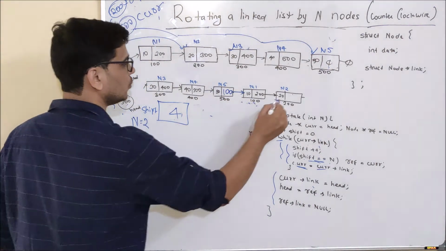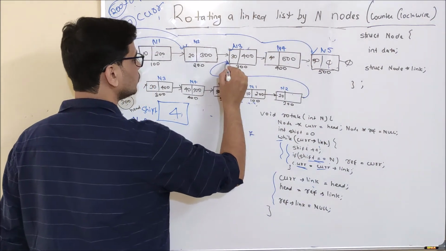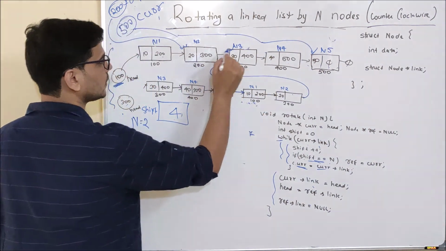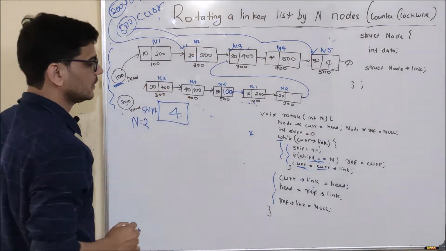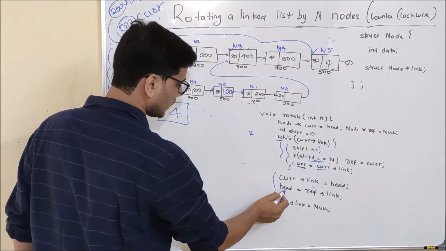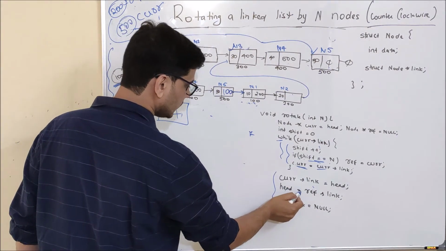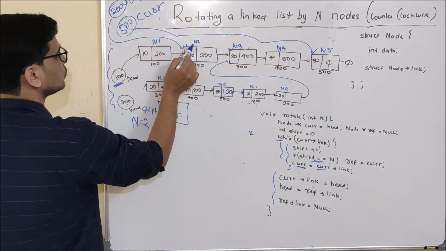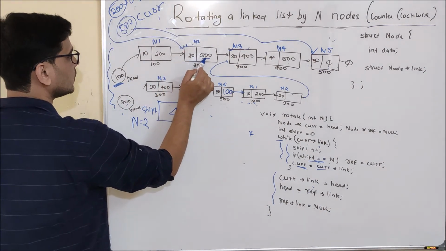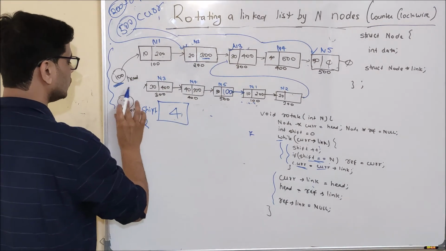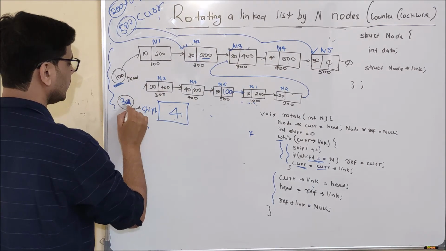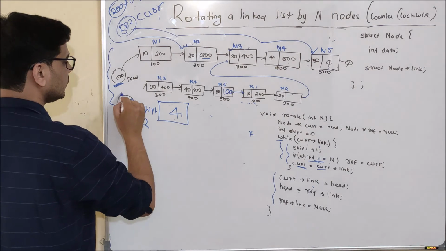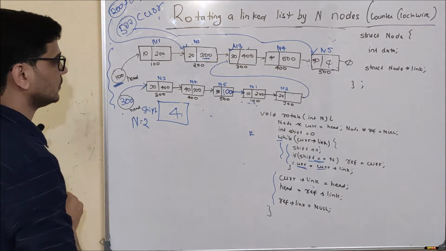And node 2 is pointing to node 3. See in this particular linked list. Okay. Now what I am doing is I am updating head. And what is head? Head is equal to reference dot link. Reference pointer is pointing to second node. And what is the link part? Link part is 300. So I will update head to 300 and it will start to point to node 3.